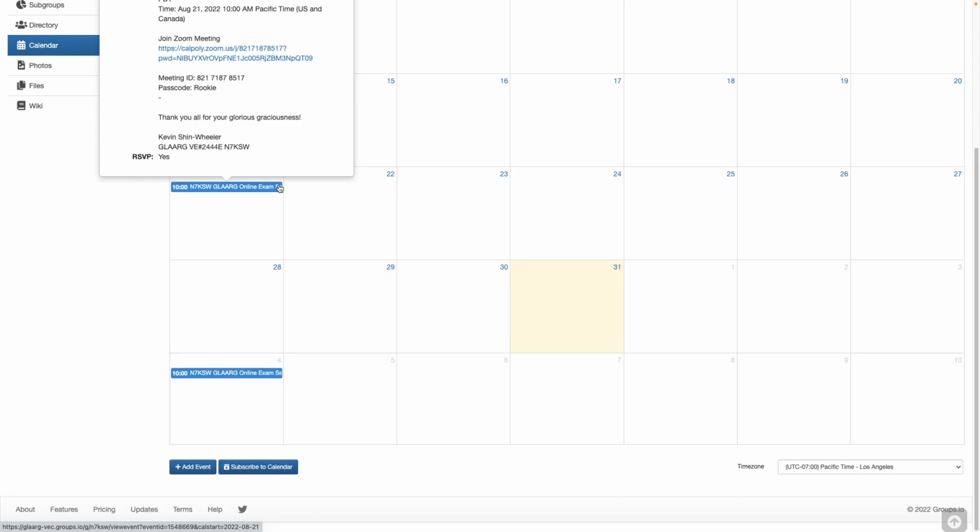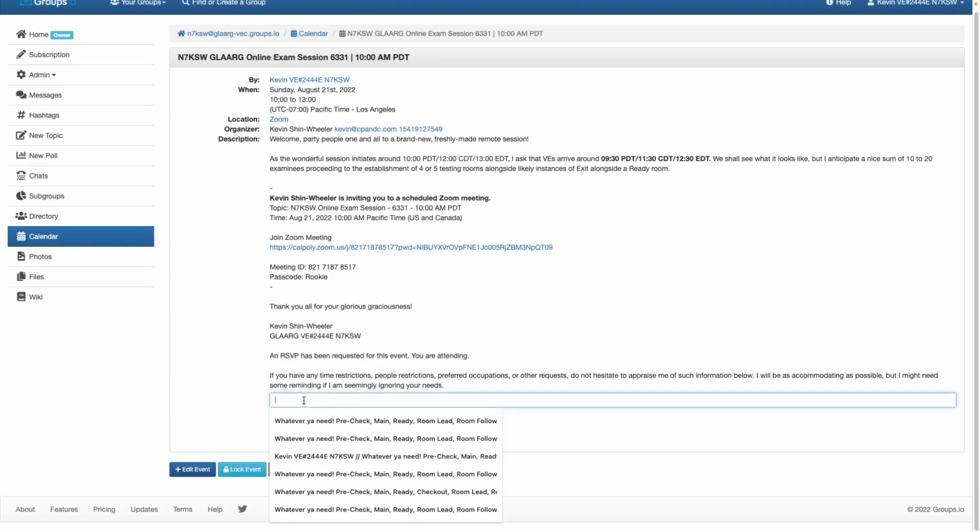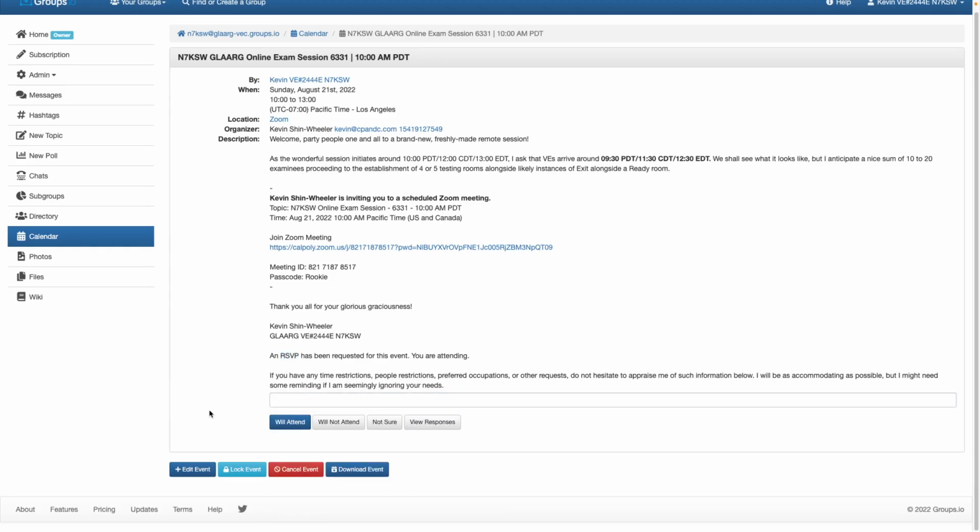And then I can see the sessions here, and then I can click on them and see kind of a description. And most teams will put the Zoom information in this description. And then under that, here's where you can RSVP for the session, which basically is just saying, hey, I will be there at the session. In this little box here, if you have any information, like if you're gonna arrive